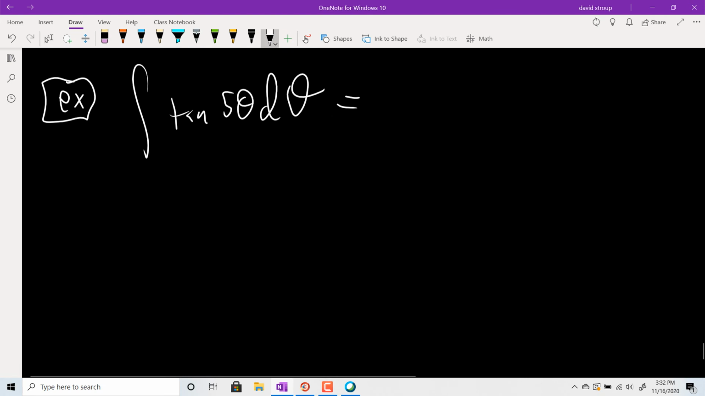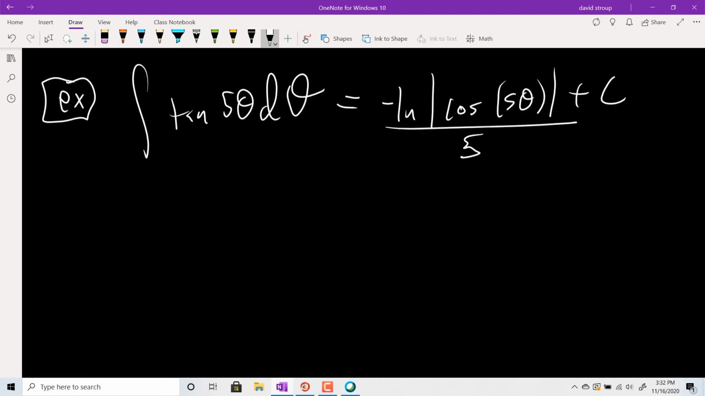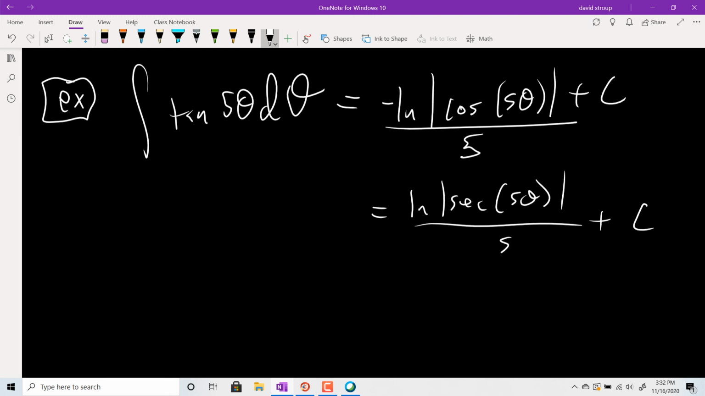You may have had one or two formulas. The negative ln of the absolute value of cosine of 5 theta plus c, and of course it'll be over 5 at the end of the day. Or you can have ln of the absolute value of secant of 5 theta all over 5 plus c. If you forget the formulas, never fear,